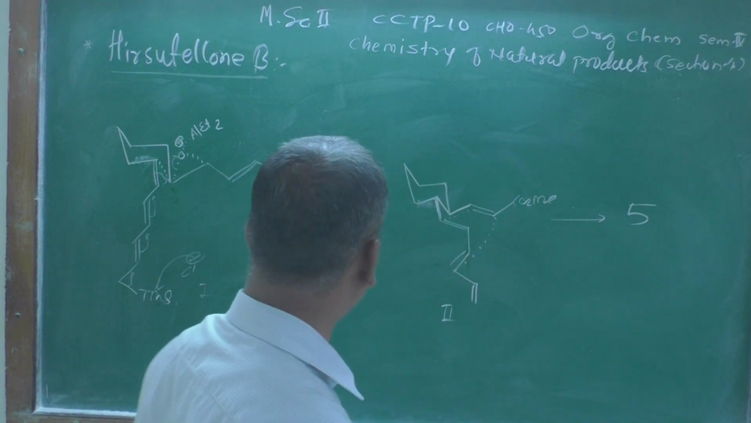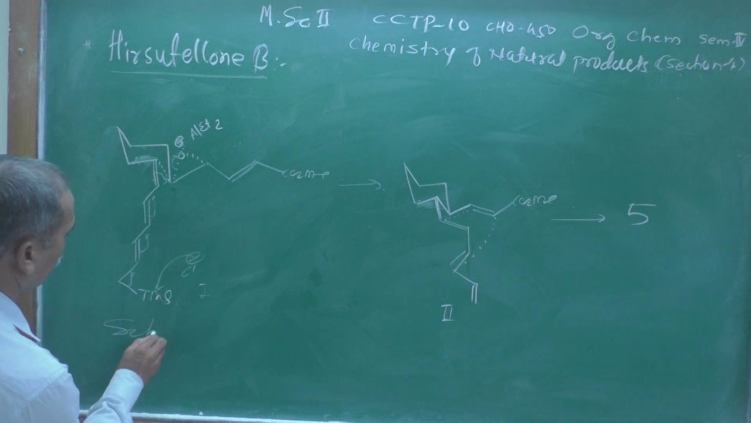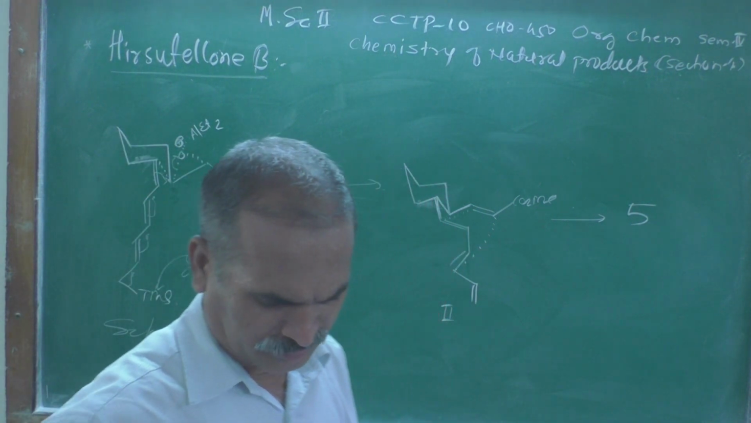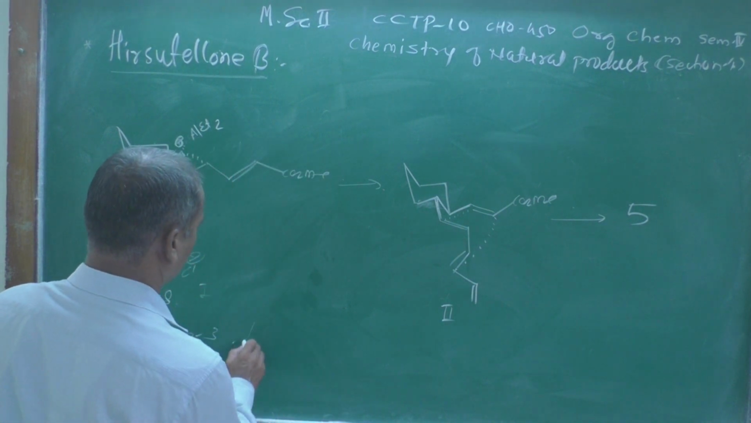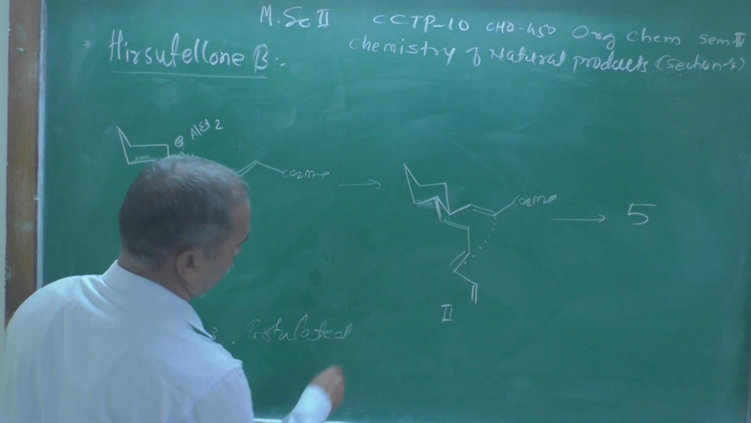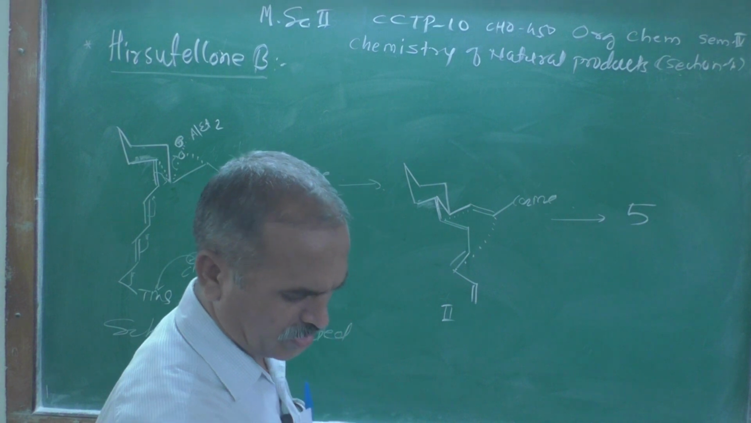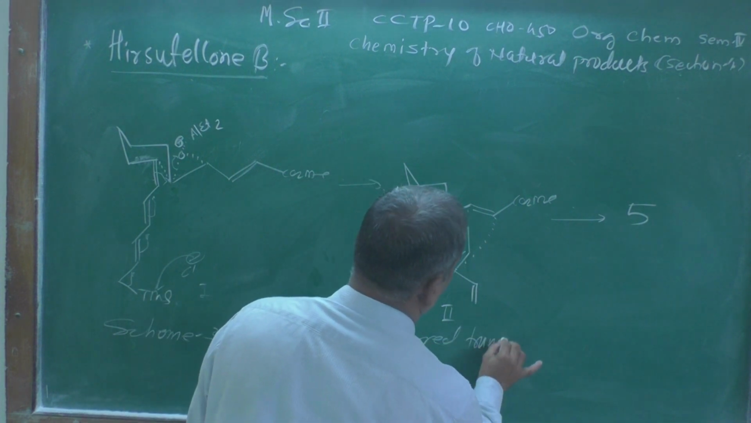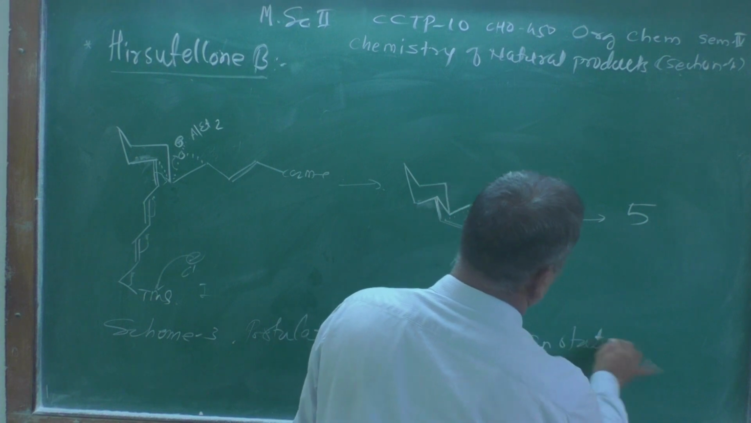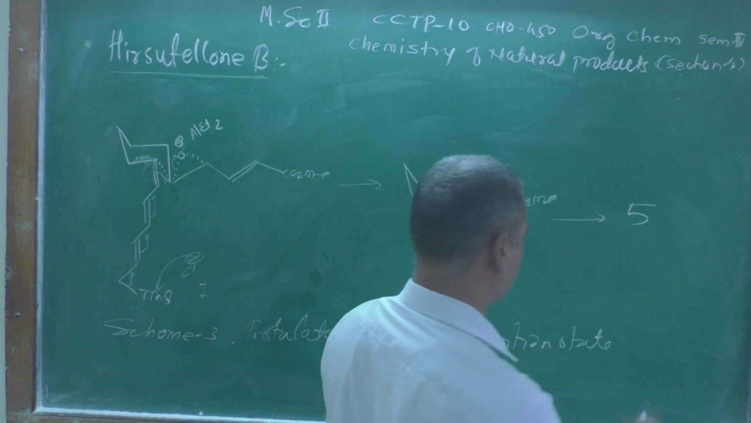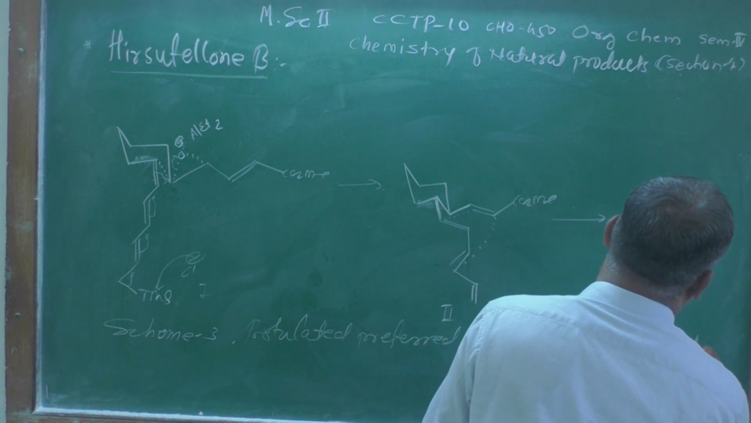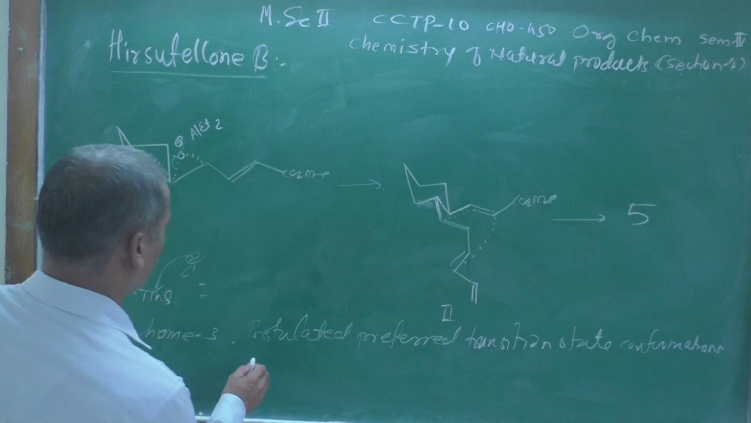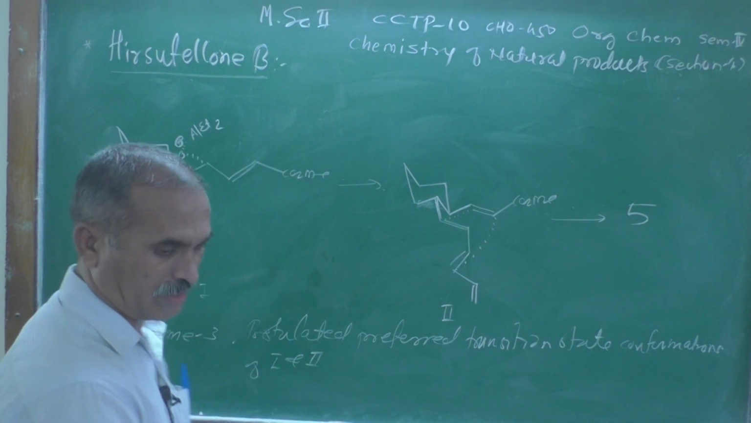This is shown as scheme number 3, scheme number 3, that is depicted: the preferred transition state conformations of first and second,